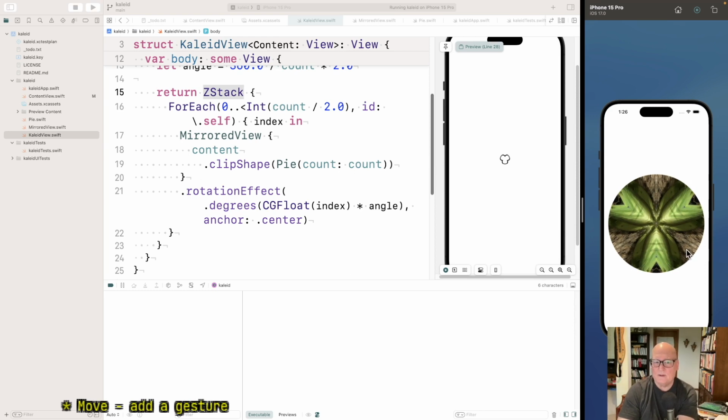Now what it means to rotate. That's an interesting one. I'm almost wondering if I could treat the rotation angle like a spiral